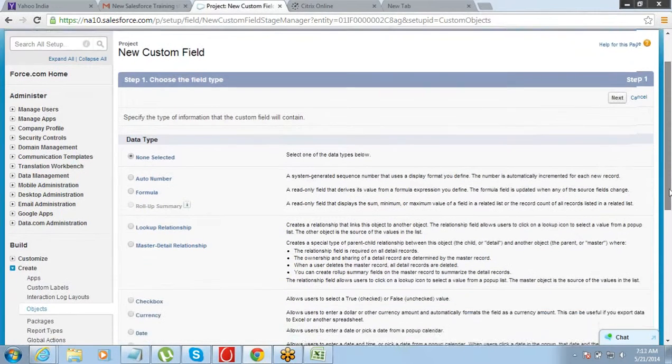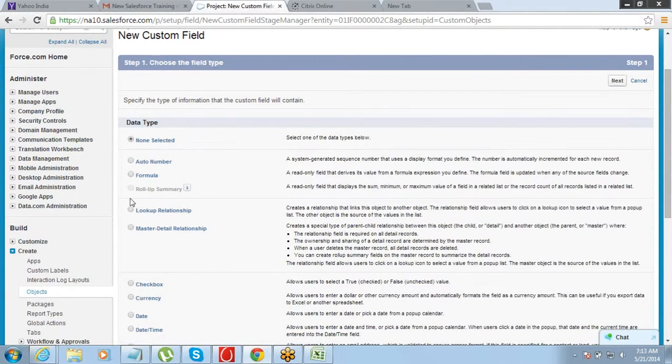When you try to create a new field, you see there are two relationship options: lookup relationship and master detail relationship. Two relationship fields are available, and you'll have to select one of these. Now, how do you decide which one to select? That is something that you have to decide.